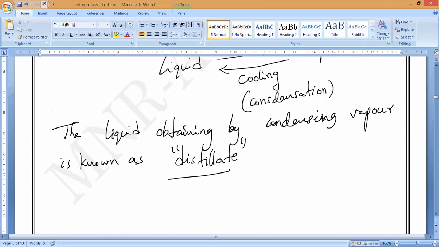Distillate. So now, shall we start? Observe very carefully. We can use this technique to obtain both solid as well as liquid from the mixture of solid and liquid. Is it yes or no? So the process of distillation is used to separate this. And mainly you have to remember, guys, we will use this technique to separate only a homogeneous mixture of solid and liquid. What is that, guys? Homogeneous mixture.